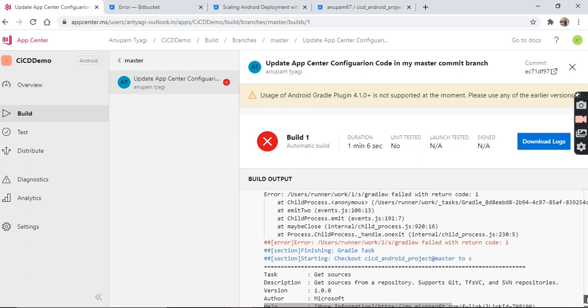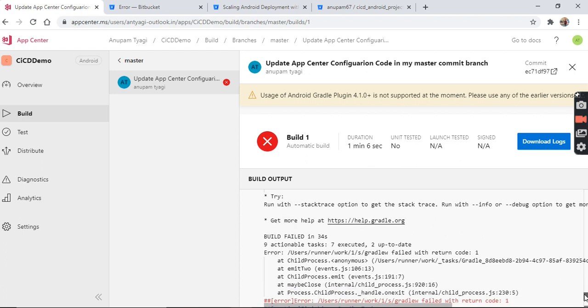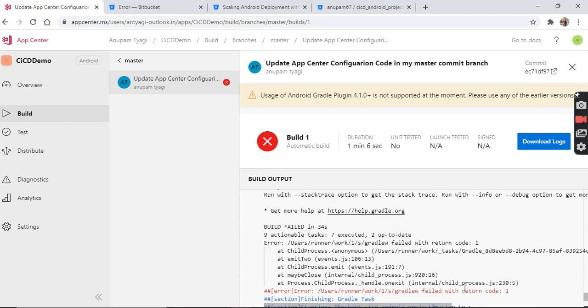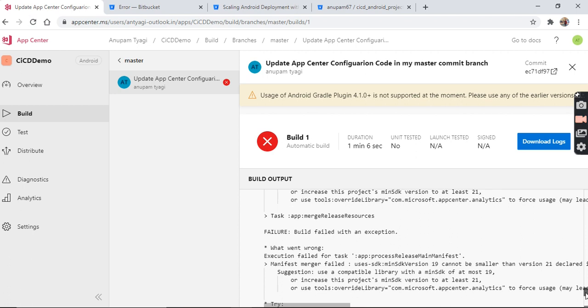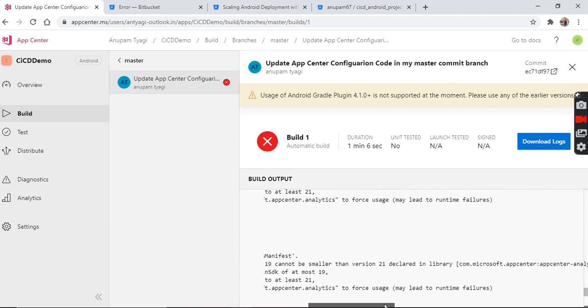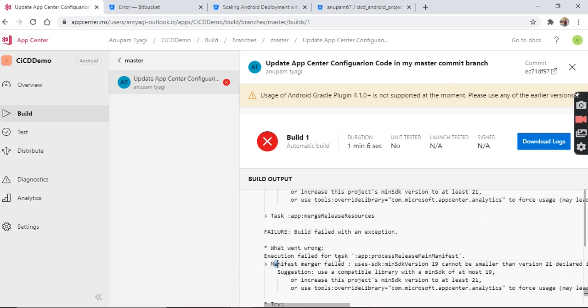So let's check how the build failed, with return code 1. User SDK minimum SDK version 19 cannot be smaller than version 20 declared in library analytics.